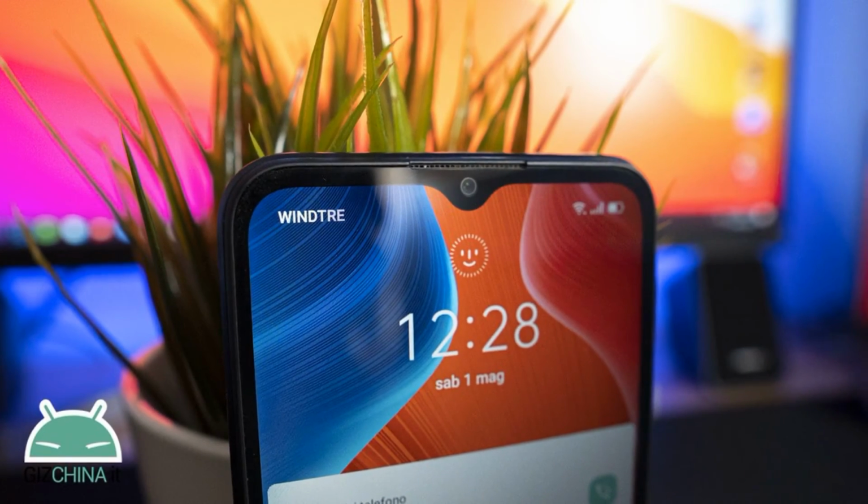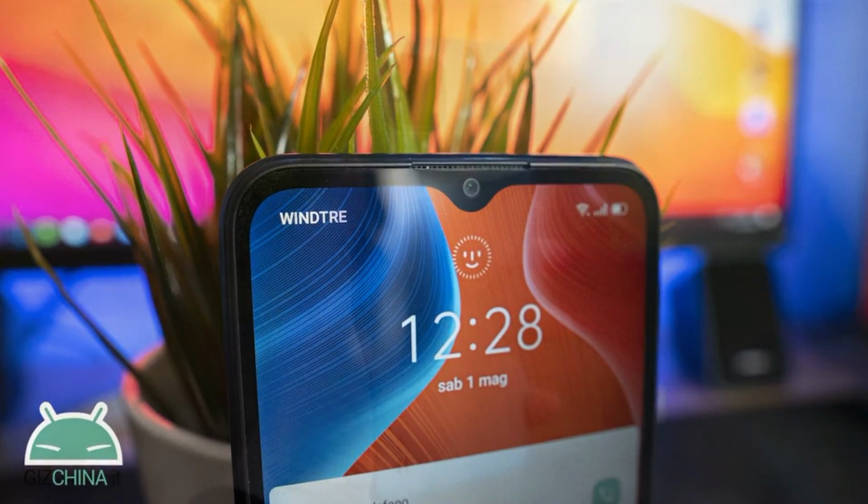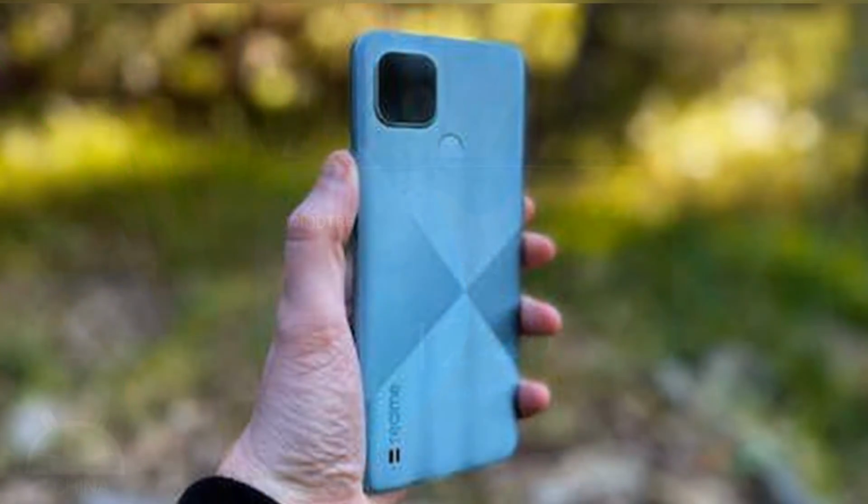The phone does not offer a radical change in the C series from Realme, as it is nothing more than a repetition of the specifications. It comes with an old operating system. The price of the